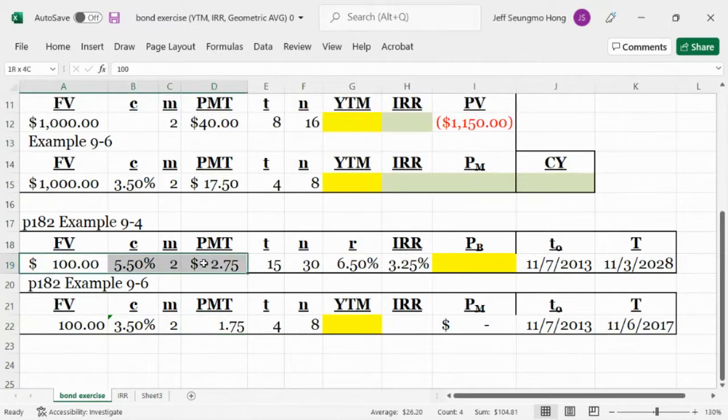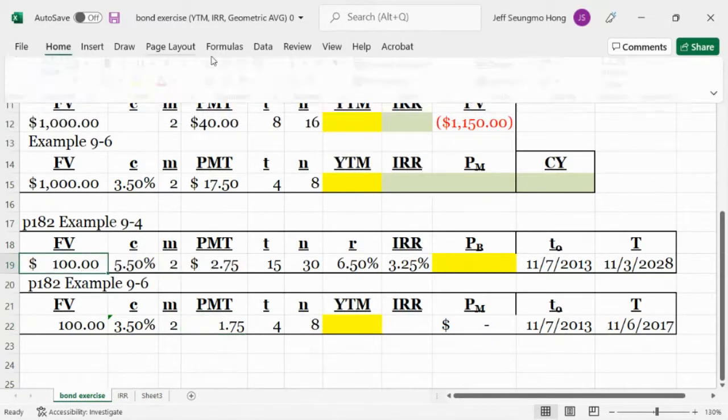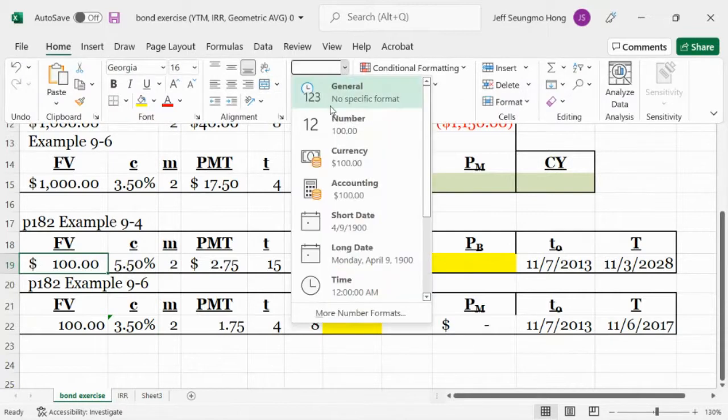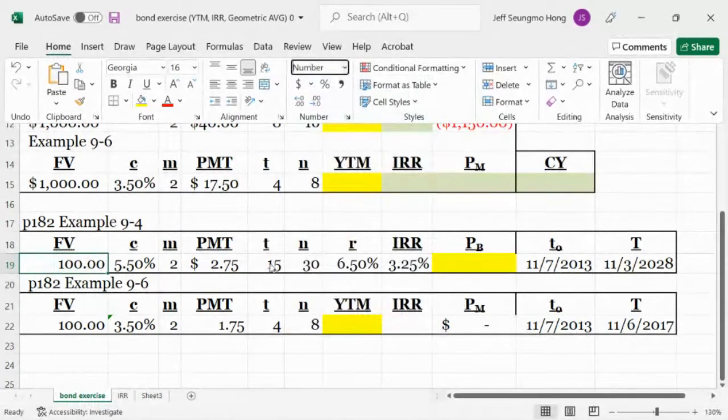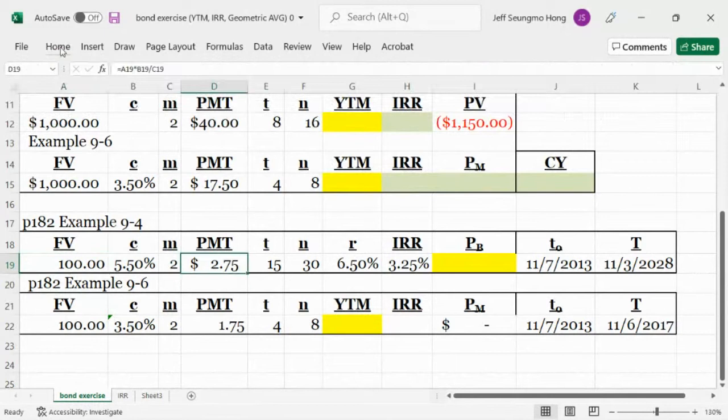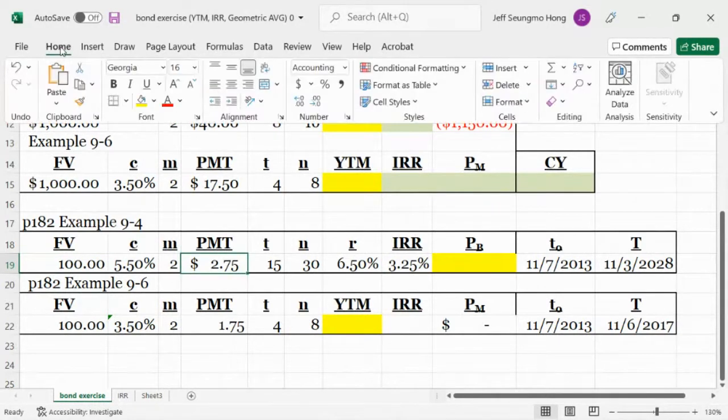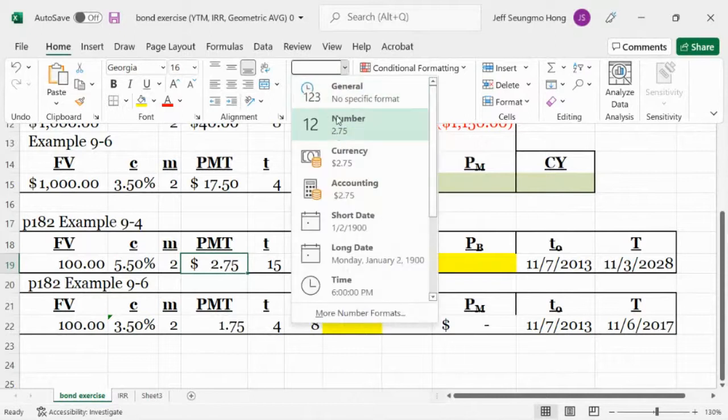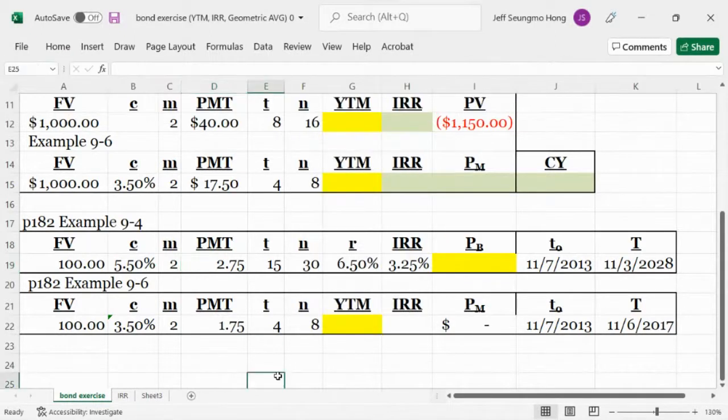Here too. Just a number without the dollar sign. Now, what is this? If you remember, the first thing we did,